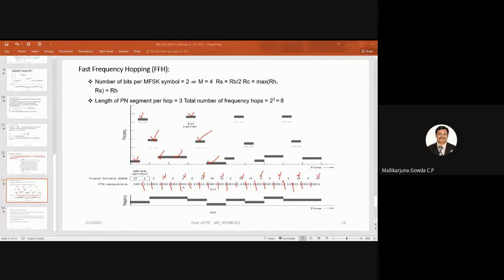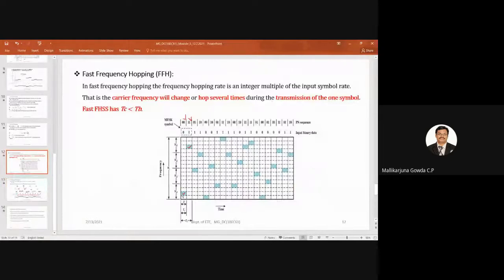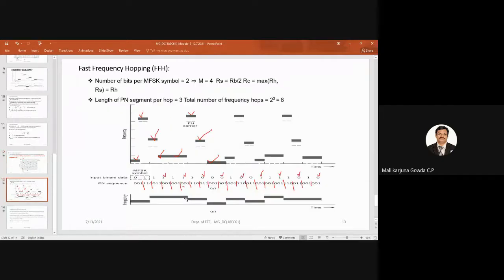Means with respect to the previous slide, what I asked you people to write, the grid structure. No, here for 4 symbols, there will be 1 hopping frequency, that is FC1. Similarly, you write again 4 symbols, FC2, 4 symbols, FC3, like that, up to FC7. Then based on that symbol, and this PN sequence, you will be able to say what are the hopping frequencies.